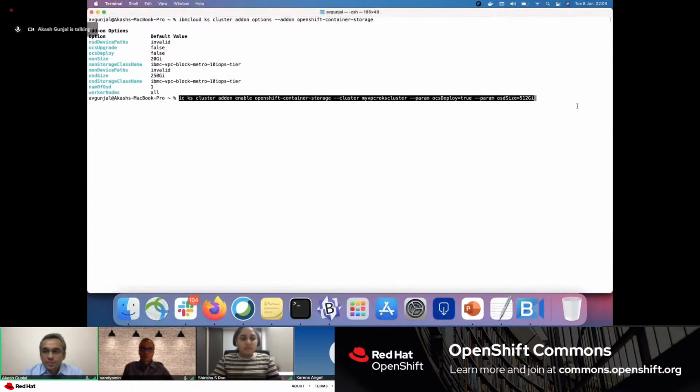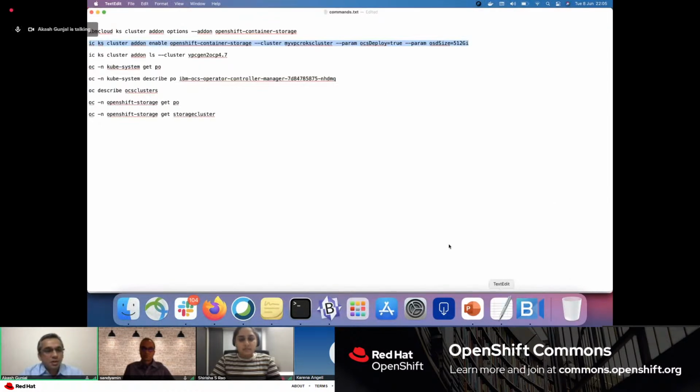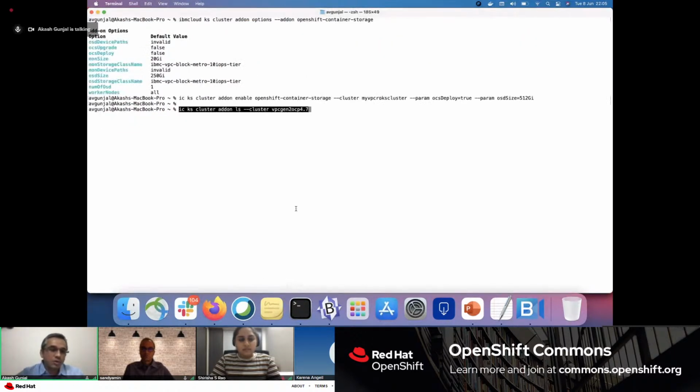So as we can see, here I'm enabling the OpenShift Container Storage add-on on one of my clusters, and here I've set the OCS deploy as true. Okay, and then there is the OSD size. Just for the purpose of demo, I'm taking one parameter, OSD size, where I'm overwriting this 250 GB to 500 GB. Okay. So now when we deploy this,